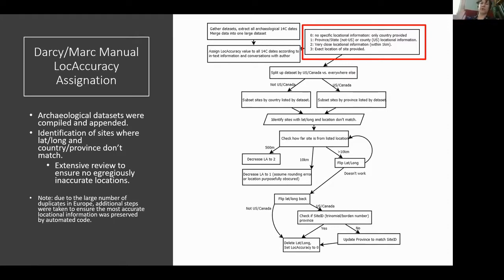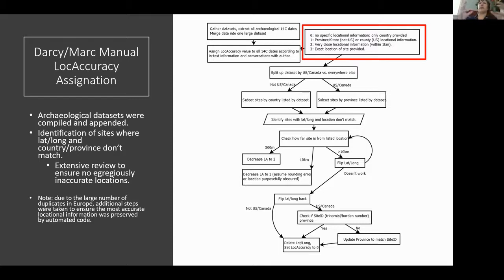Most of our data, as you can imagine, are between 0 and 2. There are very, very few 3s. This gives us a baseline to be able to say that the data that we are presenting are to this extent accurate. We did an exhaustive review to verify this accuracy with increased intensity in Europe because of the number of duplicates they have. Some dates exist across all these data sets 16 times, and we need to deal with that. So after we did all these manual processes to verify that